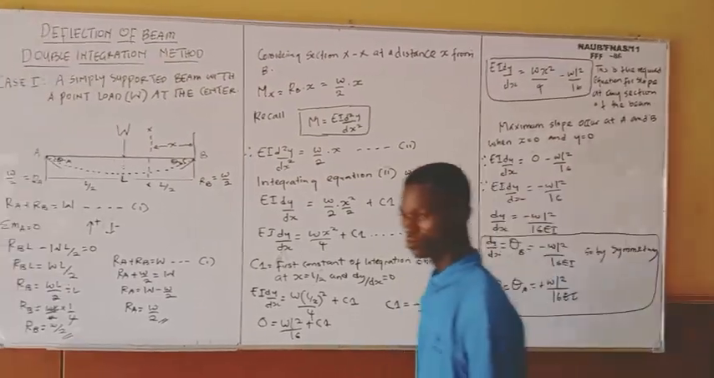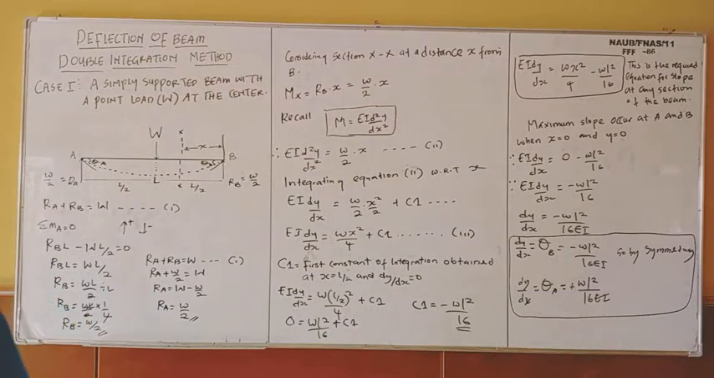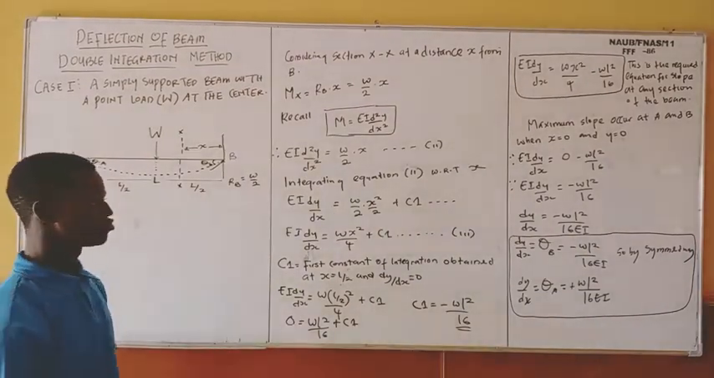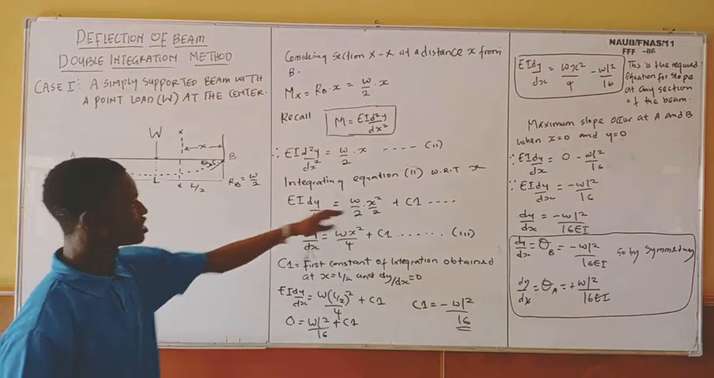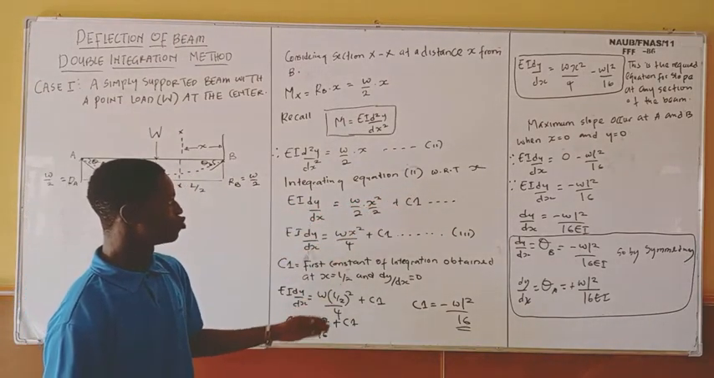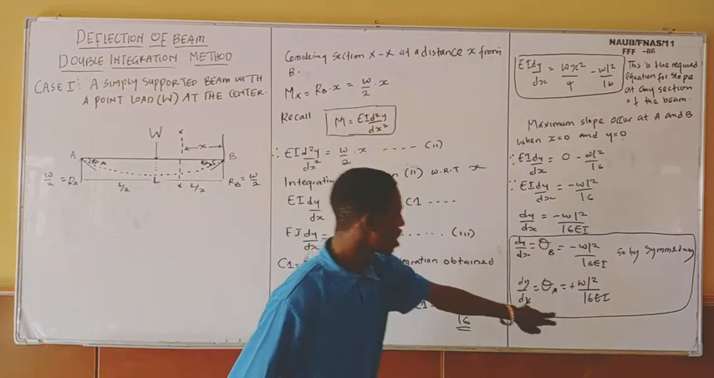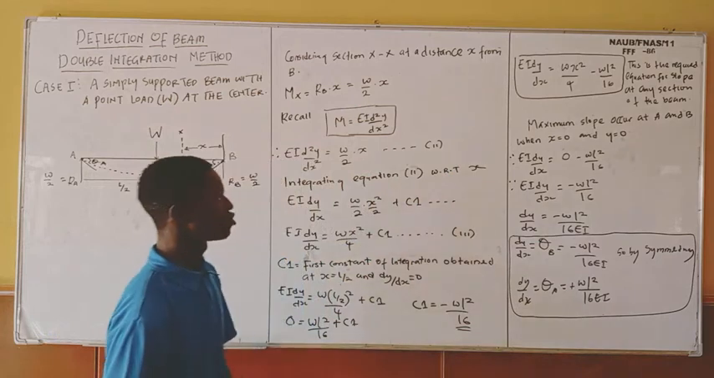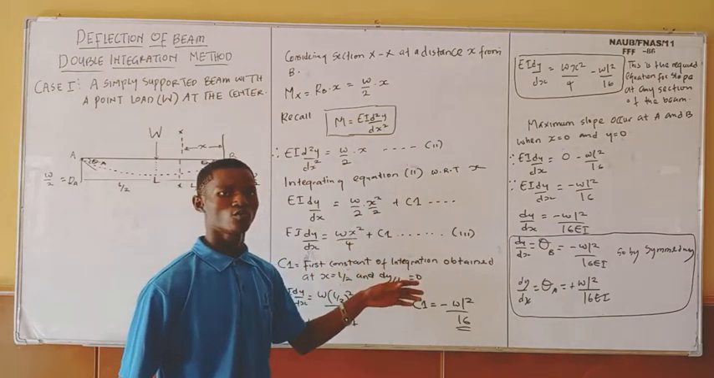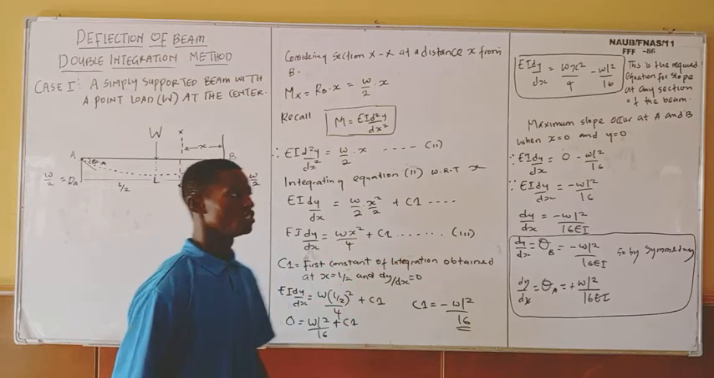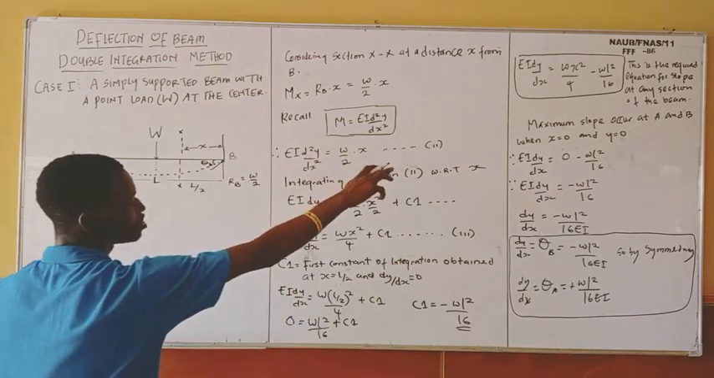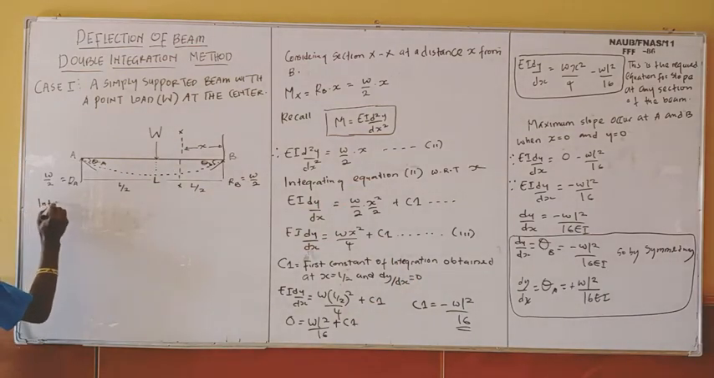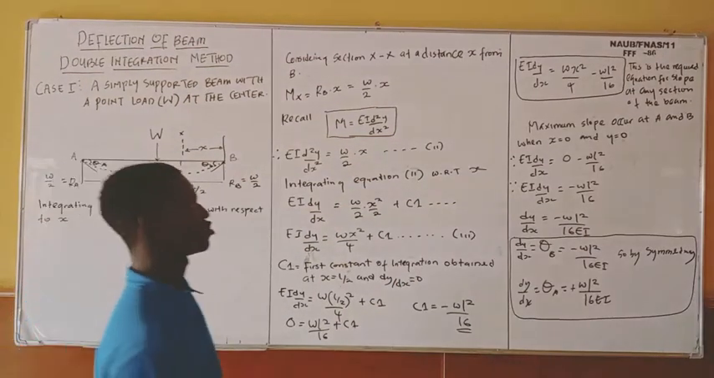You know, this method is double integration. The first integration that we do here is to get our equation for slope, and to have the equation for maximum slope. The next integration that we are going to do, we are going to have our equation for deflection and an equation for maximum deflection. So now by integrating that equation for slope with respect to x,